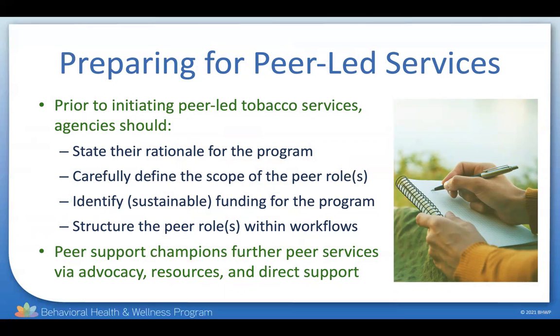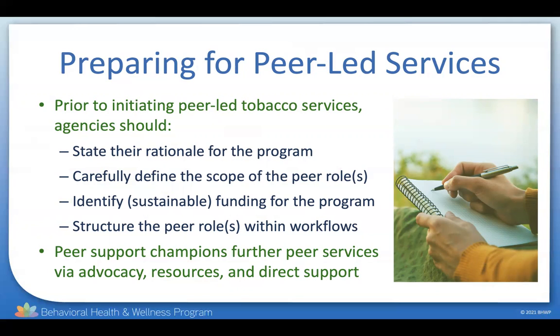Identifying sustainable, hopefully, funding for peer programs is an important step to consider from the beginning too. The sudden loss of a peer position can be damaging to the peers themselves and also to the trust and the connection that they may have established within the community. And while identifying clear long-term funding can be difficult, and it may be necessary to launch a program without this type of protection, it is the best practice to establish this ahead of time, or at least plans to pursue